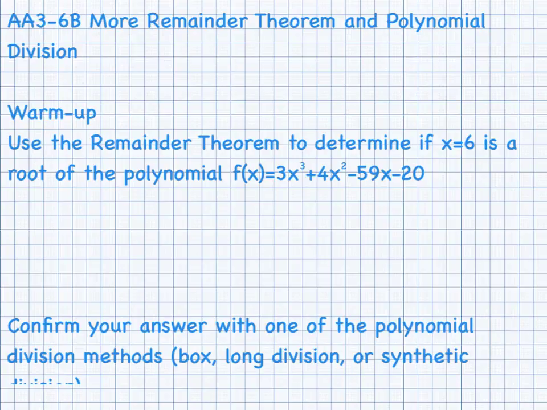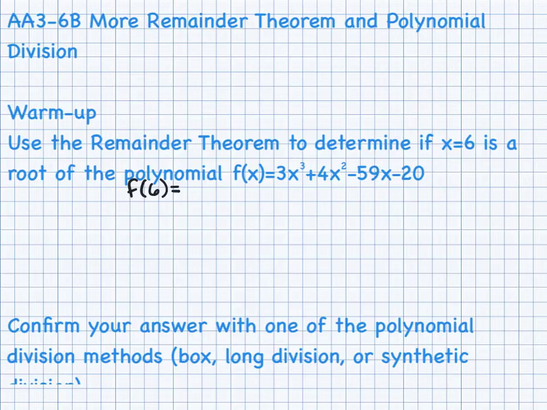Hi guys, today we're working with the remainder theorem and reviewing polynomial division methods: the box, also known as the area model, long division, and synthetic division. So the remainder theorem basically states if we plug a number into a polynomial, what we get out is the remainder. So if we have f of 6 equals